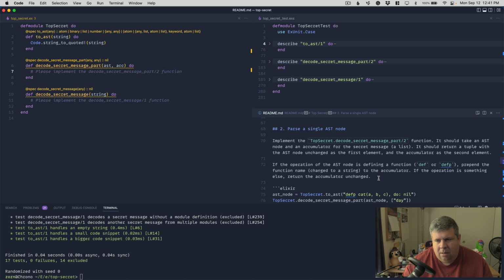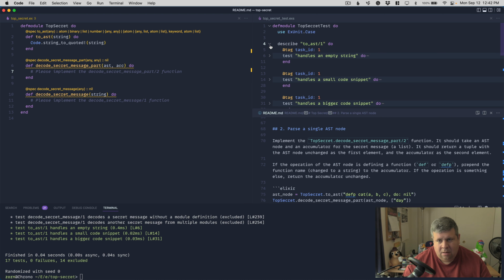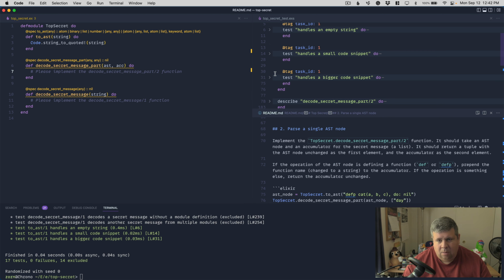Okay. Let me read this again. It should take an AST node and an accumulator for the secret message list. It should return a tuple. If the operation of the AST node is defining a function, def or defp, prepend the function name. Okay. So,